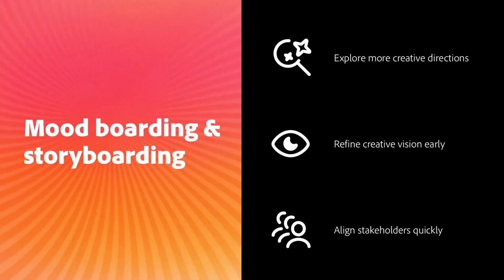But AI-powered mood boarding and storyboarding is really critical for alignment. It allows teams to generate multiple visual directions from a single prompt, right? So that you can actually visualize the script and communicate that to your creative teams. It allows you to lock in things like tone and visual language, and allows the creative direction early to start manifesting on the screen. Finally, from a marketing point of view, it allows us to align marketing, brand, and creative leads within hours or even minutes, but not weeks. And that saves time.